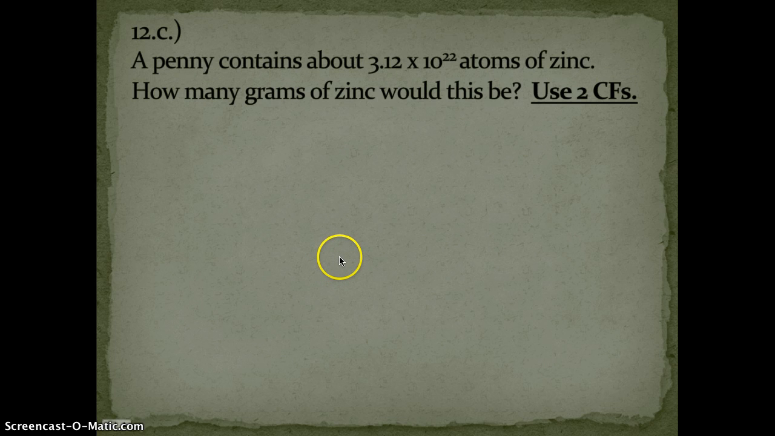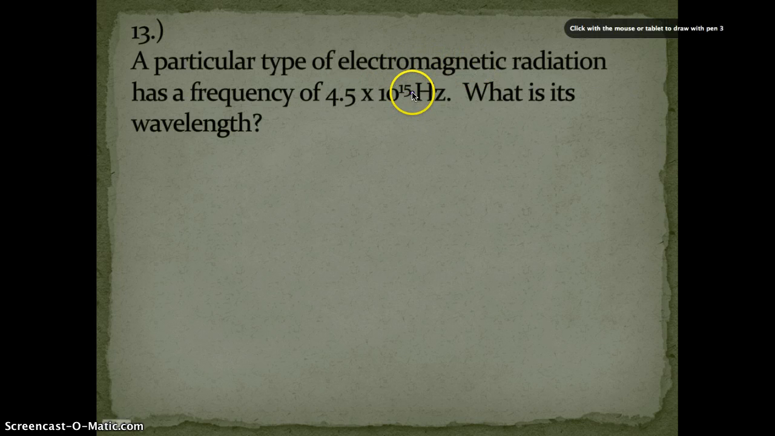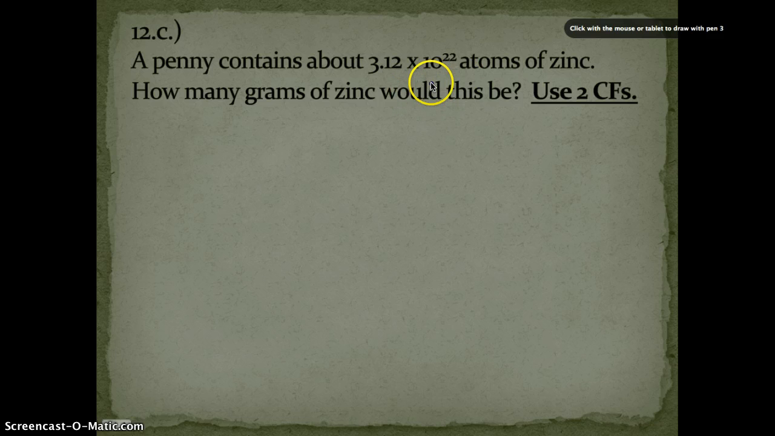Okay, so this one may be a little bit more difficult, not a whole lot. So we have a penny now, and you know that in pennies we have zinc in the middle and they're surrounded by a little bit of copper. So we have this many atoms, and we want to know how many grams that is. Okay, 2 conversion factors. 3.12